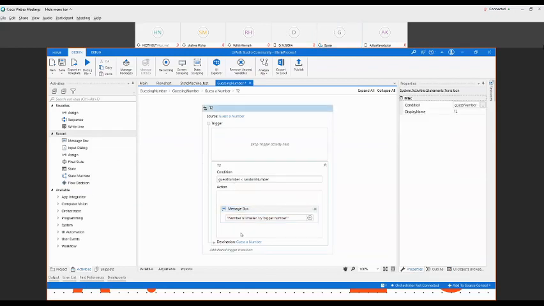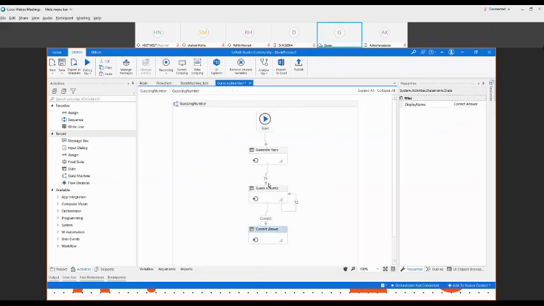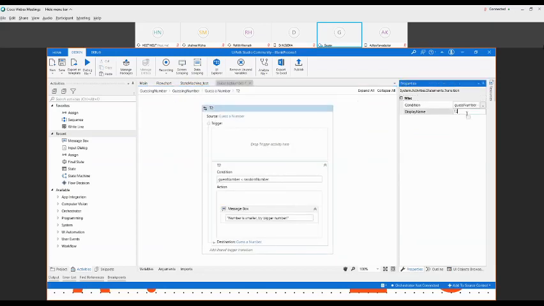Now you can see it's going back to the same state. Source is guess number and destination is again guess number. We go to that same state again. This is basically for when the number is smaller.